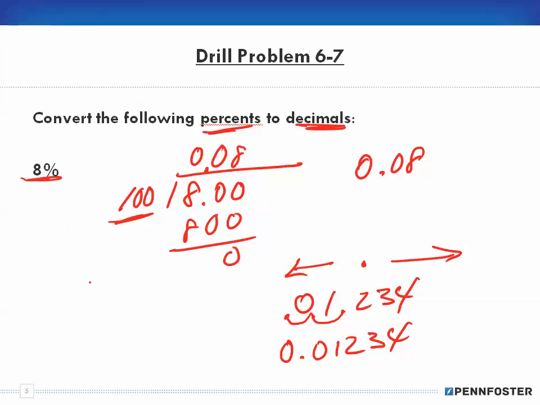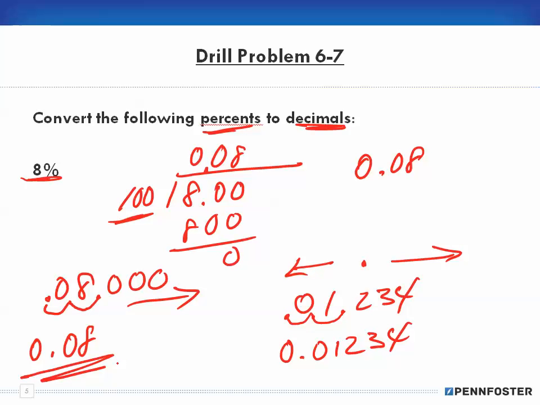Well, that's how we're doing this with the 8%. Here's my 8 with a decimal, and these are all zeros, on into infinity. But when I'm going from a percent to a decimal, I'm going to go in the opposite direction. I'm going to go one position here and another position here, okay? And so I end up with 0.08, which is my answer. So the easy way to do this is with my 8%,